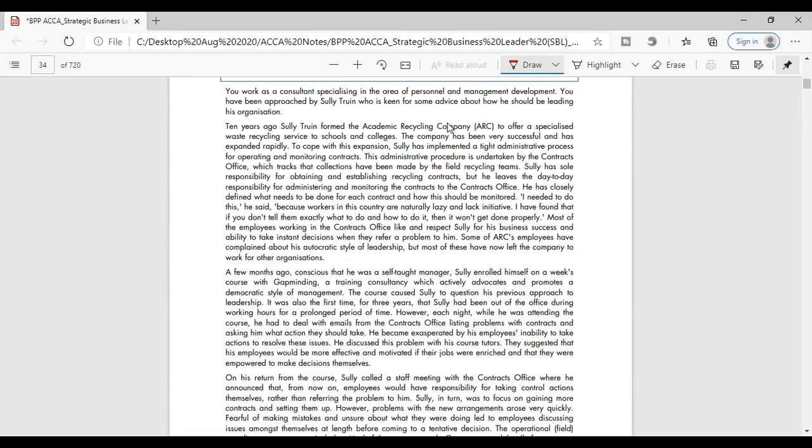You work as a consultant. You have been approached by Sully Troon, who is keen for some advice about how he should be leading his organization. Sully Troon has formed the Academic Recycling Company to offer a specialized waste recycling service. So it is important. He started this firm 10 years ago. The company has been very successful